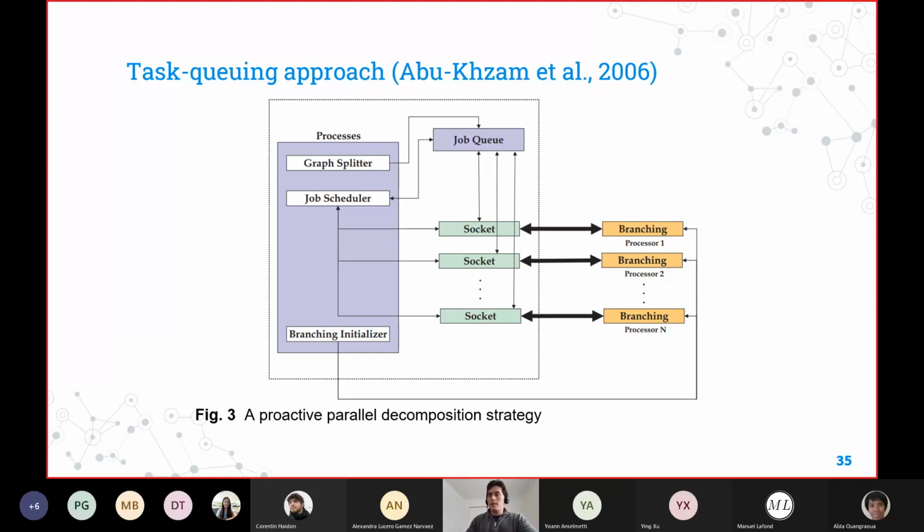The other problem is this: let's imagine that the job queue has a size of 10. At some point, a processor is exploring the tree, and it realizes that it cannot enqueue any more tasks. What it's going to do is go deeper and deeper within the search tree, and only when there is room available in the queue will it be able to enqueue more tasks.